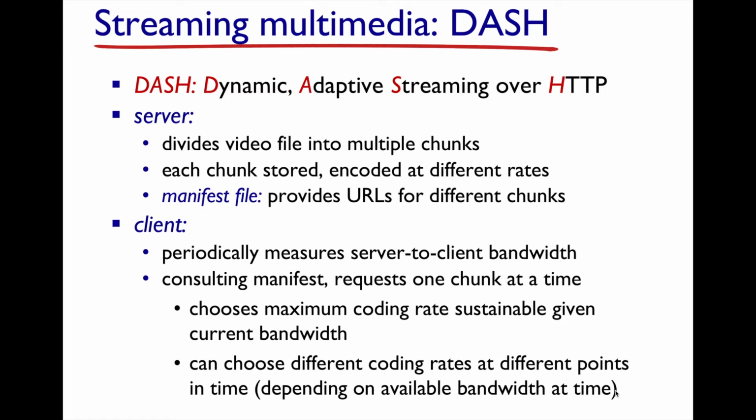And so the client can choose different coding rates of different versions of the movie at different points in time, and this is dependent on these periodic measurements of bandwidth. And so it adjusts over time. Now you can actually see this, maybe you watch a YouTube video, right? Or you're watching Netflix, and you walk around and maybe you get to a part of the house where the signal is weak or what have you, you'll actually see the resolution of the movie changing. And that's exactly Dash in action.